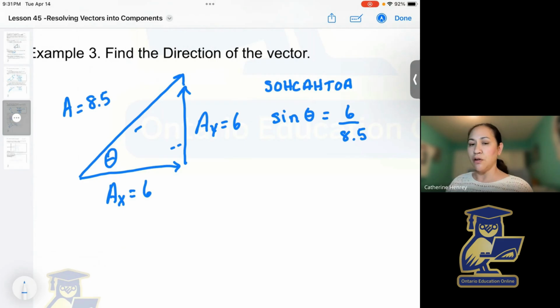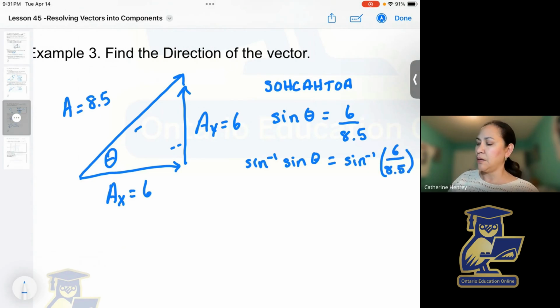In order to solve for theta, I have to take the inverse sine of both sides. And again, using your calculator and the inverse sine function, I get an angle of 45 degrees,